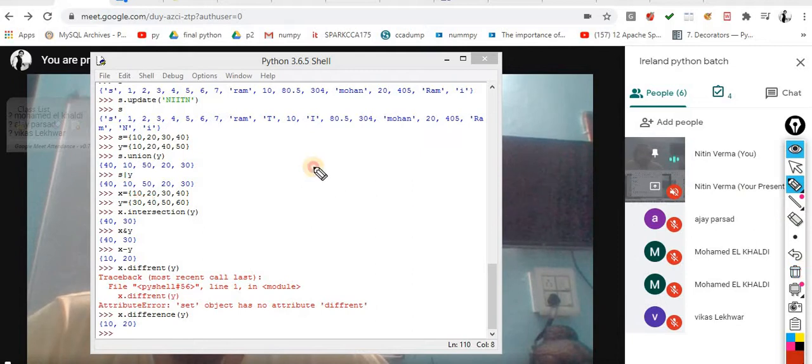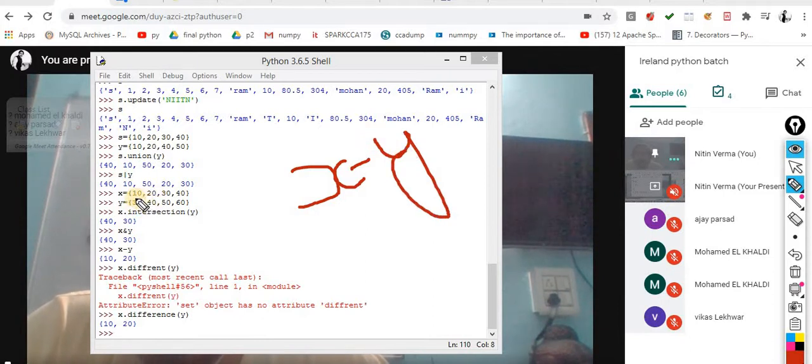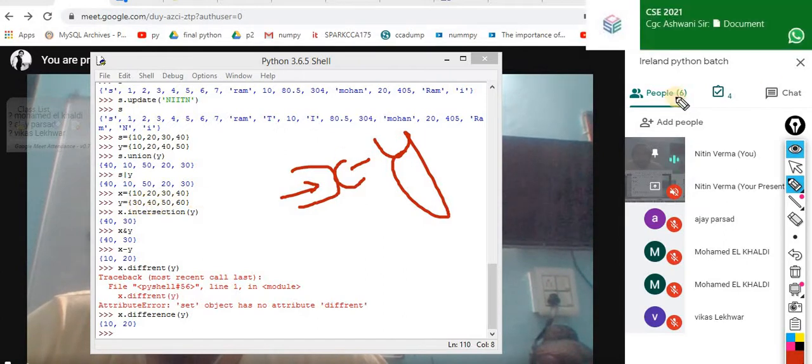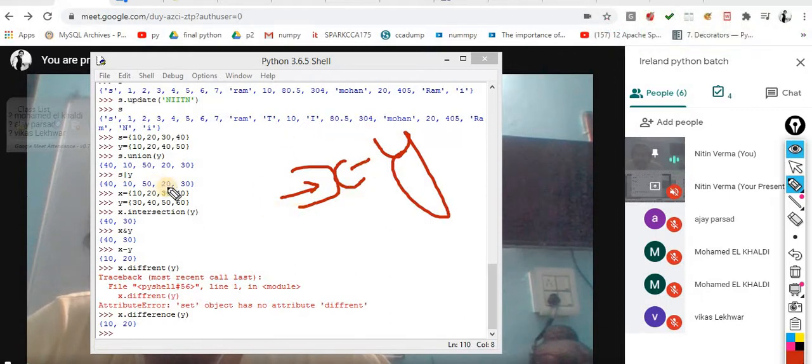If I perform x minus y, I need only the unique values which are available only in x. x contains 10, 20, 30, 40, and y contains 30, 40, 50, 60. If I check, the unique values inside x are only those present inside x; this 30, this 30.